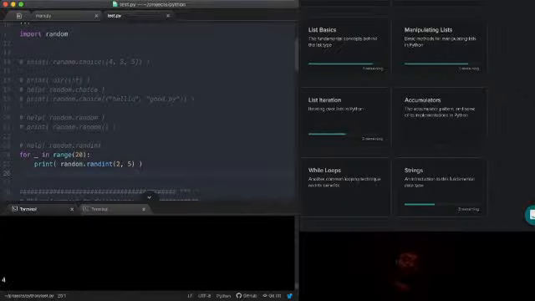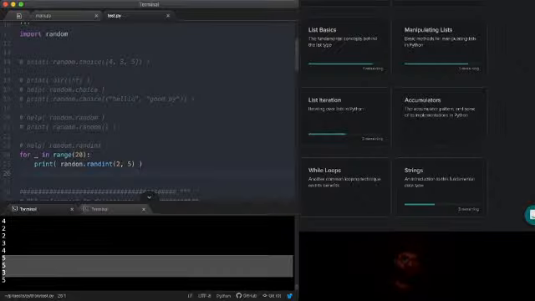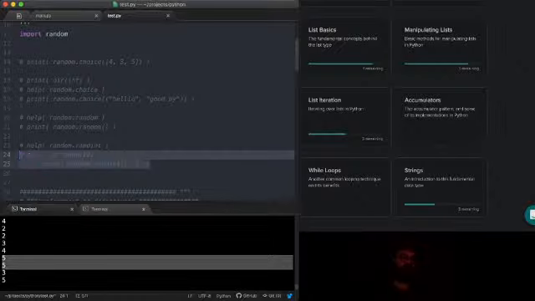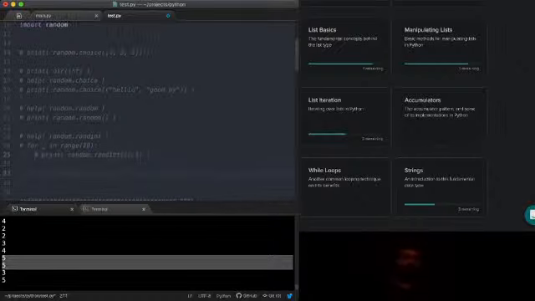So 4, 2, so it does include the lower bound. 3, 4, 3, 4, 2, 2, 3, 5. It took us a while to get a 5. We got 2 5s here. So it does include the upper bound as well. And it looks like we've got 2, 3, 4, and 5. So it gives us an idea of how that's going to work. Some of you might be wondering this, right? Since this perhaps may feel like a range, if you're familiar with the range function, randint might feel somewhat familiar. It's like a range that gives you a random number from that range.